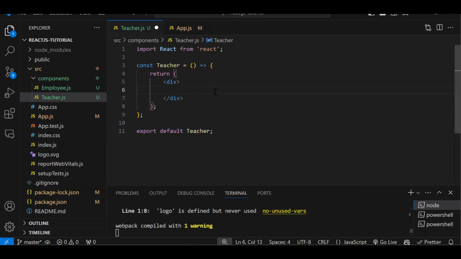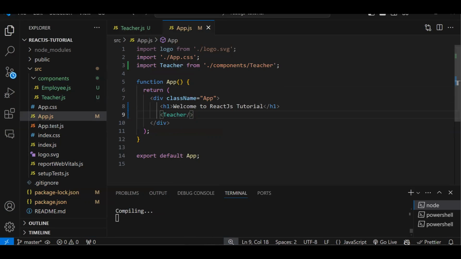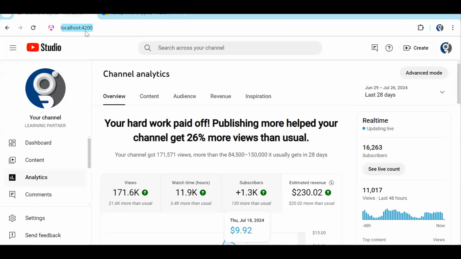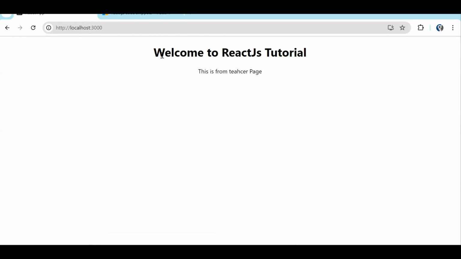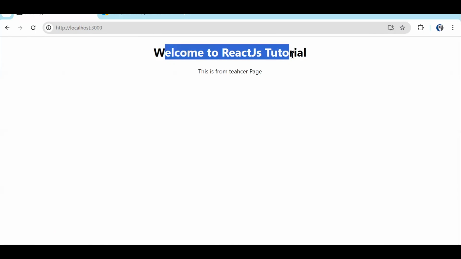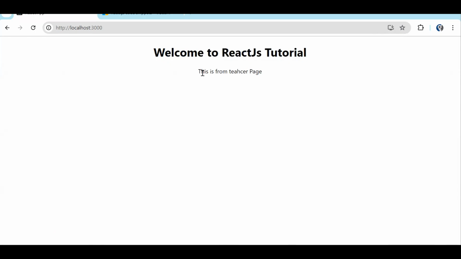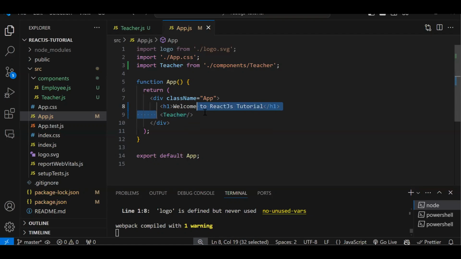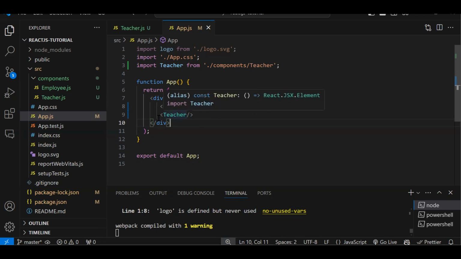Currently we don't have any HTML over here, so let's add a p tag: This is from teacher page. Fine. Let's save and check. Localhost 3000. Now you can see after the H1 tag, this H1, welcome to ReactJS tutorial, is from the app component, but this paragraph is coming from the teacher component. Getting it? So this is how we render a component, by using the function name and calling that function as